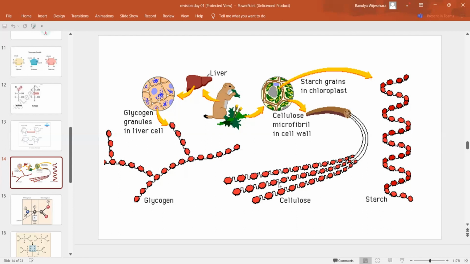Inulin, monomer is fructose. It is a linear storage polysaccharide stored in tubers of Dahlia. Pectin, monomer is galacturonic acid. It is a structural polysaccharide, component of middle lamella of plant cell wall. Right? And it is branched. Hemicellulose, it is a heteropolysaccharide. Monomer,